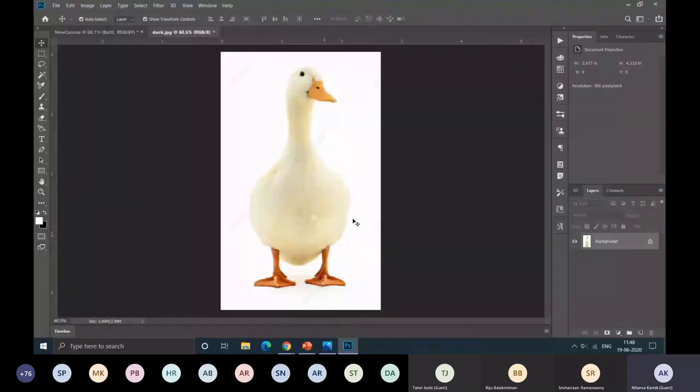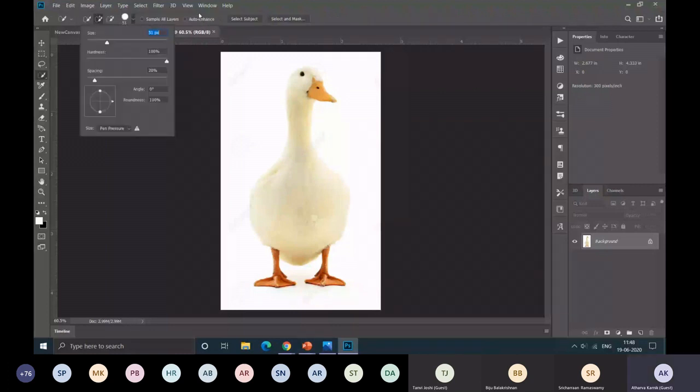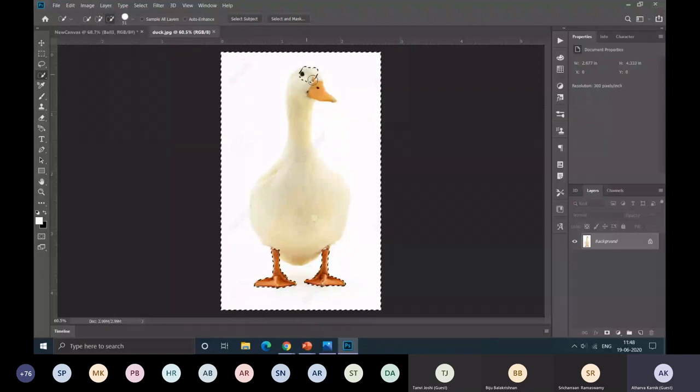See that it's a duck. So you can create a flat design from almost any image across the internet. So I have chosen a duck as it's a simple image. So now we'll get rid of the background first, like this. I'll increase the brush size. Select the background. Deselect the duck part by pressing and holding Alt key.